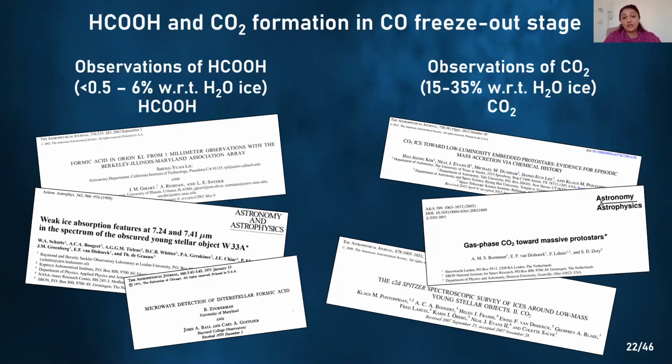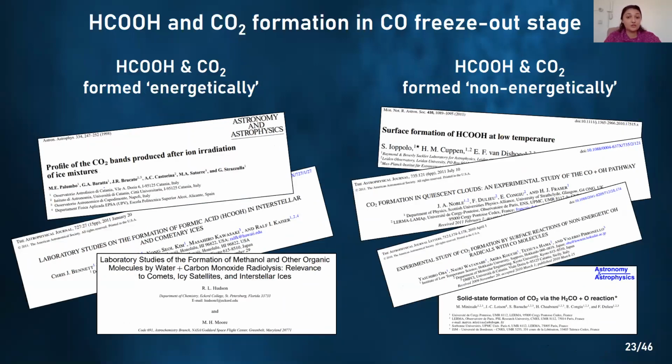If the identification of solid state formic acid is correct, it has an abundance relative to water ice of less than 0.5 to up to 6% towards dense clouds and low and high mass young stellar objects. And CO2 ice has a CO2 to water abundance ratio of 15 to 35%. A number of laboratory experiments have shown that formic acid and CO2 can be formed by both energetic and non-energetic processing. And in a number of those studies, it's been found that formic acid and CO2 are simultaneously formed and